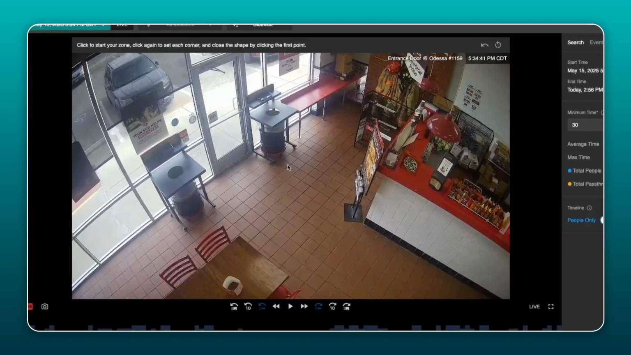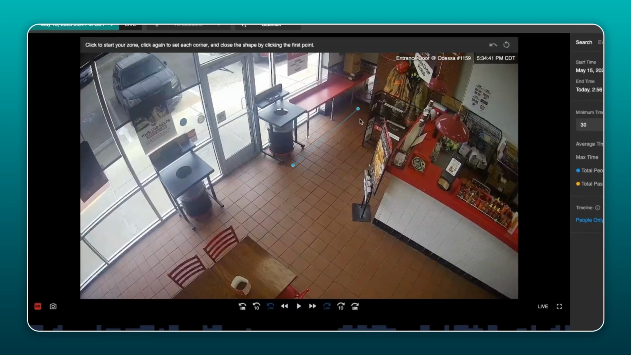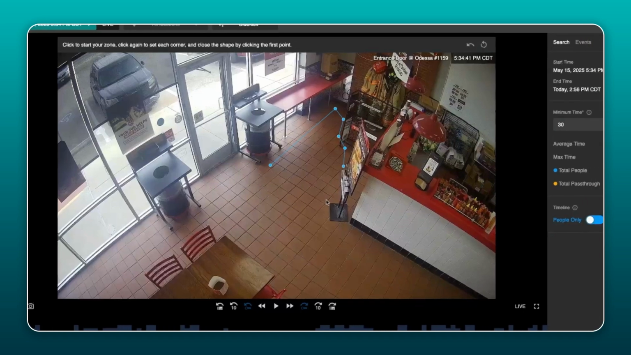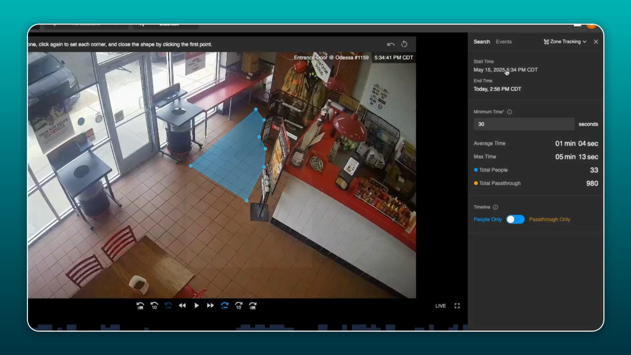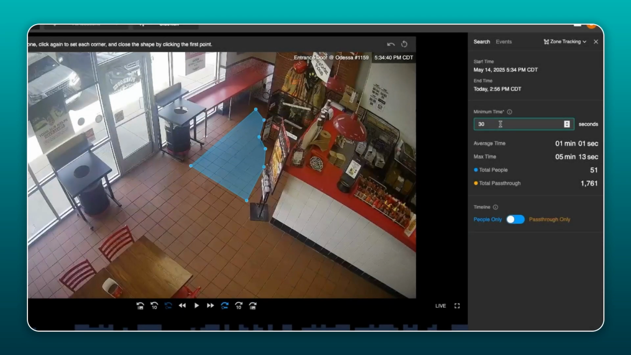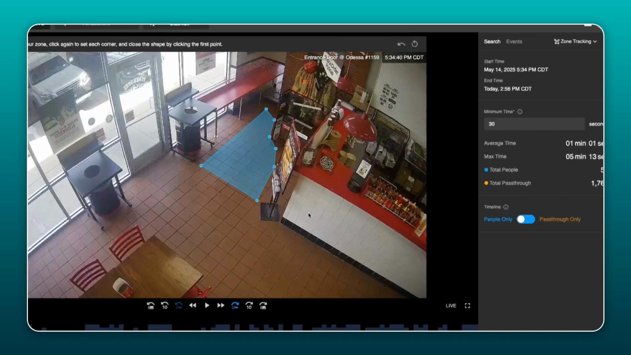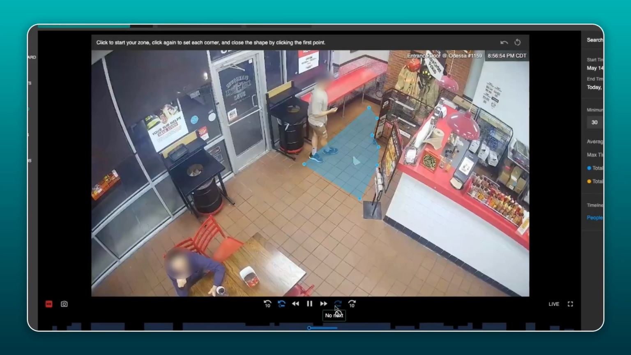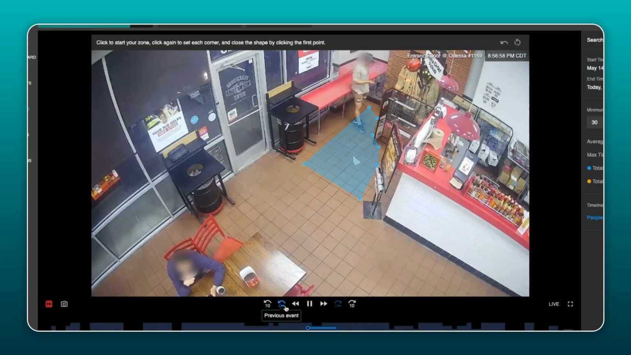Okay, so now we can create a zone and test out how effective it is at capturing people. So we'll draw it in the pickup area here. We'll define the time frame we want to track. And we'll say the minimum time is 30 seconds. So if someone is in this zone for more than 30 seconds, it will show along the timeline here. And we can actually skip to see each time someone was in this area for 30 seconds or longer, just